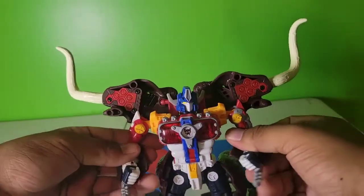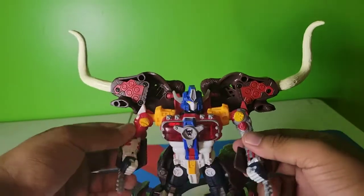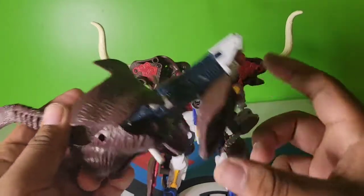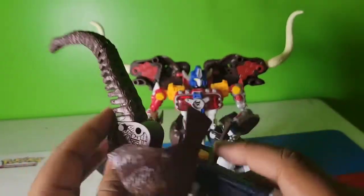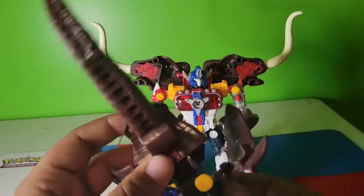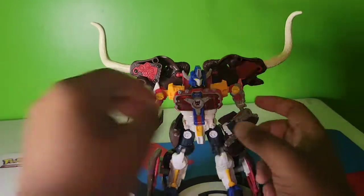And there you go. So now he's got attack maces to beat the hell out of you with. Now you're probably wondering, Gannon, where's all the mammoth kibble? Where's the trunk? Where's the top piece that formed the attack mode? Well, I yanked it off during transformation, and this is what's left of it. After messing around with it, you get this big old gun, which kind of becomes redundant when the Matrix Buster comes out, but either way,